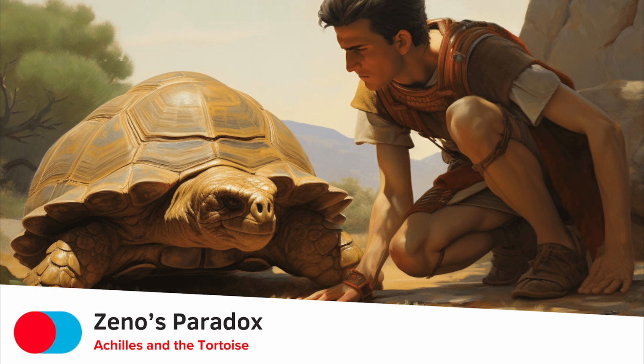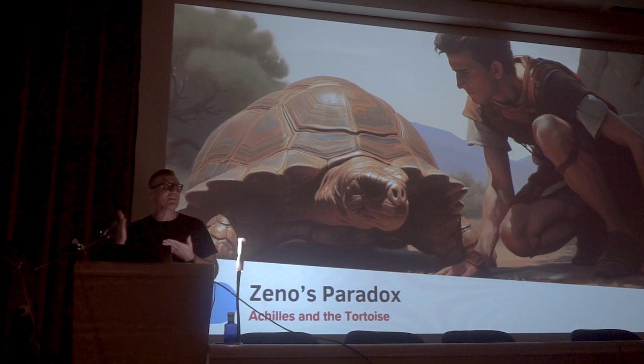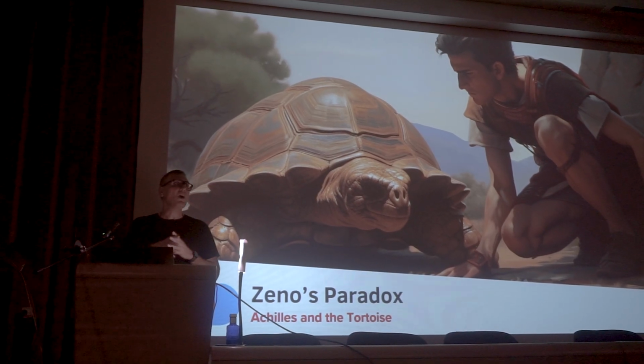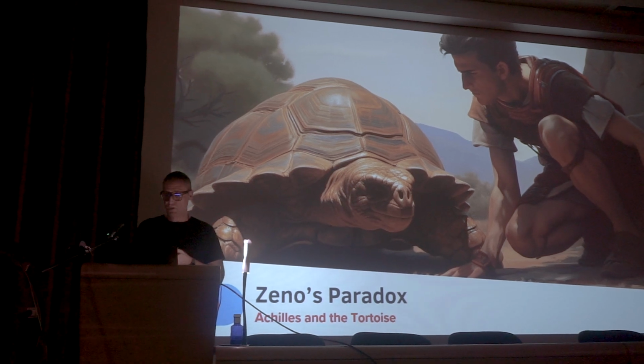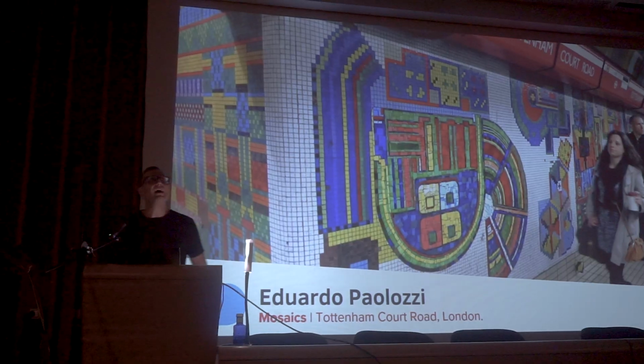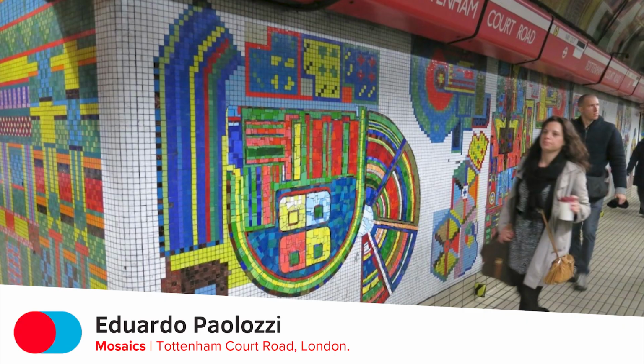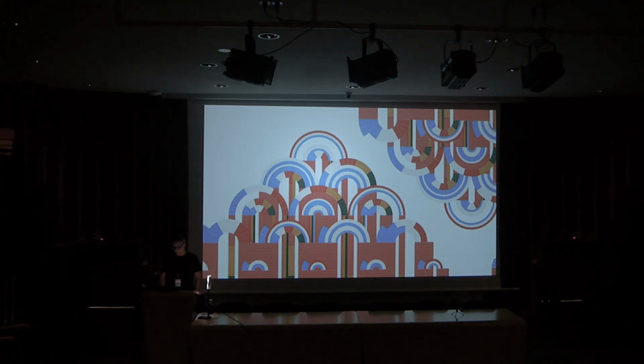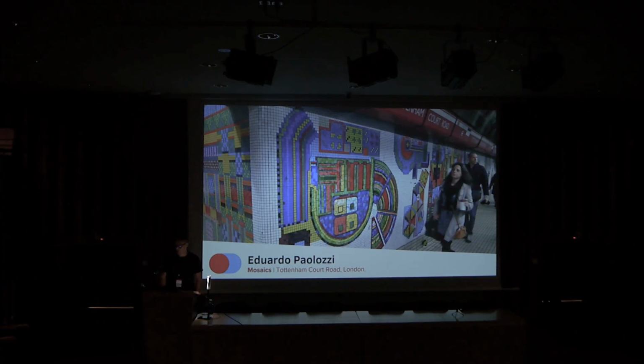So I also found Zeno's paradox, the philosopher, talking about Achilles and the turtle, and how Achilles is never reaching the turtle because we can always divide the space between them. So aesthetically, I wanted to make a tribute to Eduardo Paolozzi, and his mosaics are a way of dividing the wall into different small objects and small rectangles or squares. For example, you can see a little bit of the inspiration here.